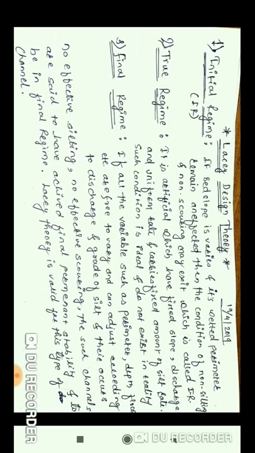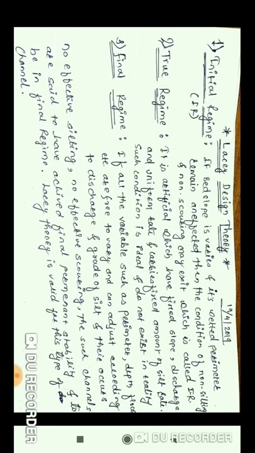It is an artificial one which has fixed slope, fixed discharge, uniform rate, and a fixed amount of silt, meaning the concentration of silt is uniform. But this is the ideal condition. Such a condition does not exist in reality. But Lacey's design theory is based on this condition itself. He gave some formulas, as we will discuss in a short while, and he defined the final regime also.